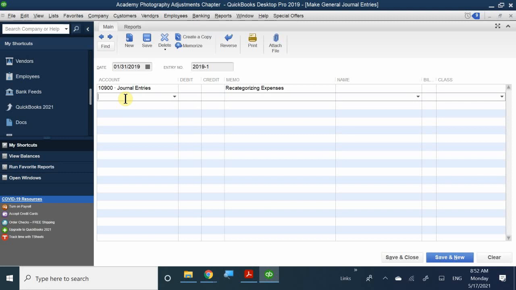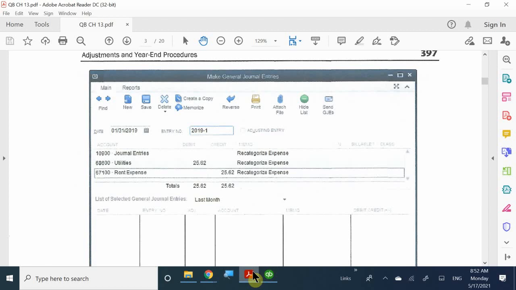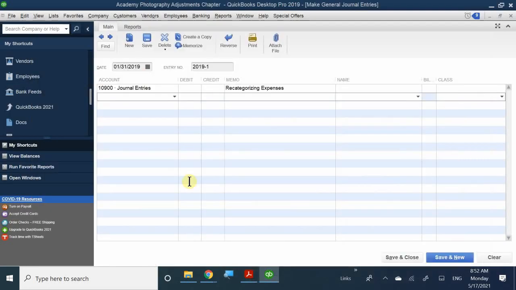Okay, so our very first one that we're trying to take a look at here is that we are trying to debit into our utilities, because in this case, I made a mistake. I entered the full amount into my rent expense, but my rent expense included a portion of that money that was my utilities expense. So here I am recategorizing it by transferring a small section from my rent expense to